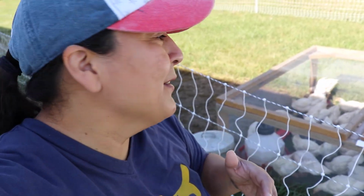So chores are done, all the chickens are fed, have fresh water, are as happy as they can be, and we've got some happy meat birds, happy ducks in there as well. It's a start to a good day, and now I get to go pick elderberries for the very first time